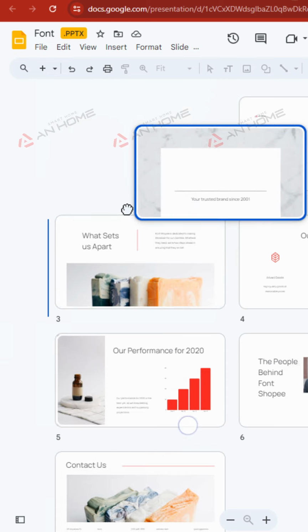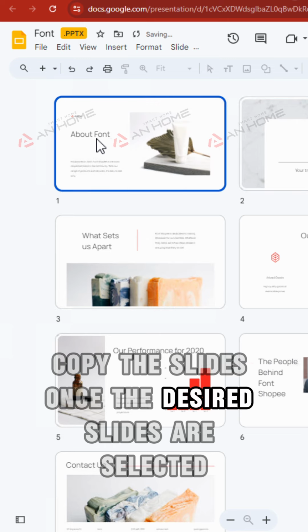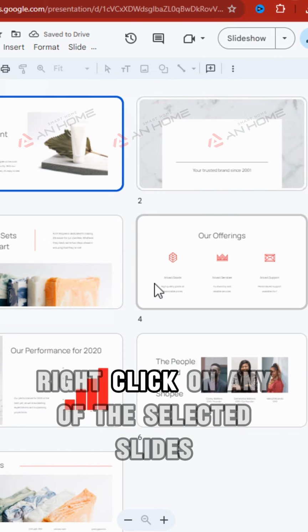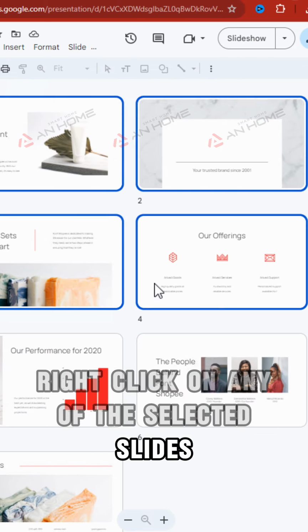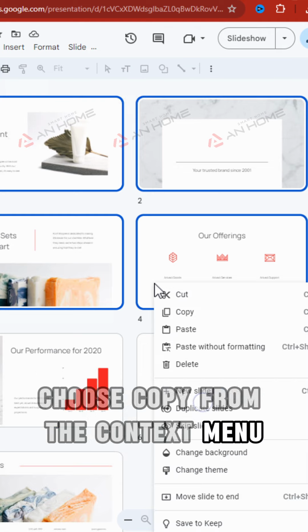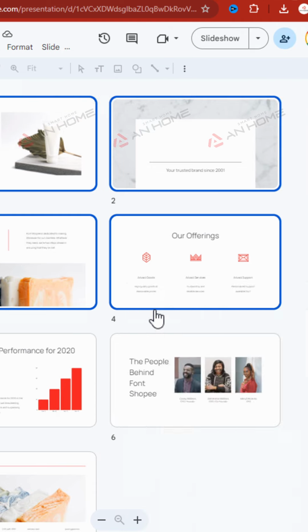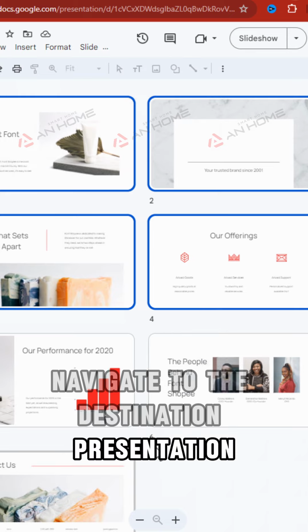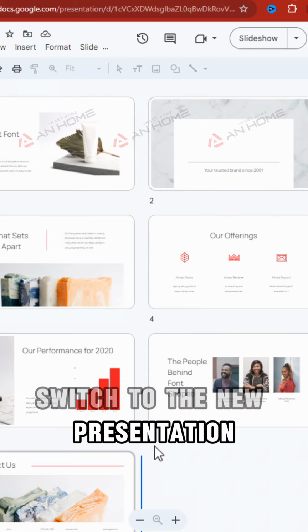3. Copy the slides. Once the desired slides are selected, right-click on any of the selected slides, choose Copy from the context menu. 4. Navigate to the destination presentation, switch to the new presentation where you want to paste the